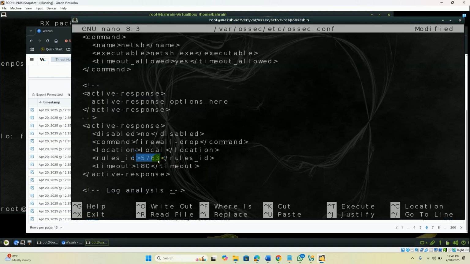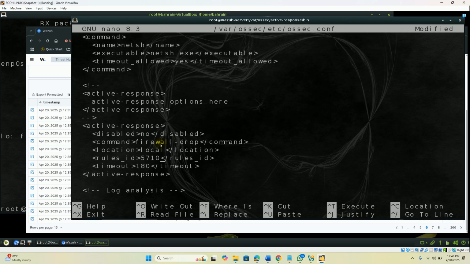So this rule 5710 demonstrates that if the rule 5710 is invoked, then in the local system, the system in which the WAZUH agent is configured, the